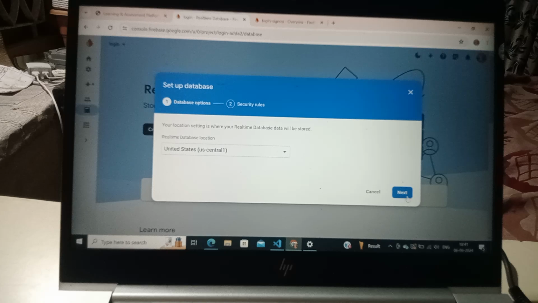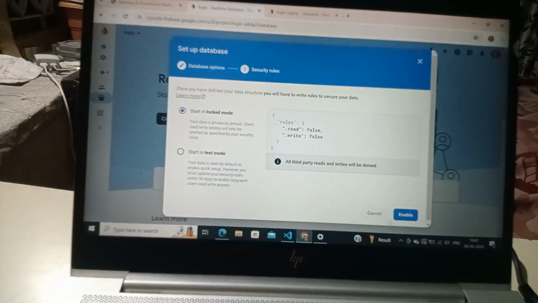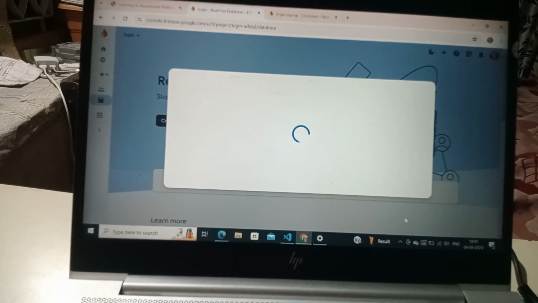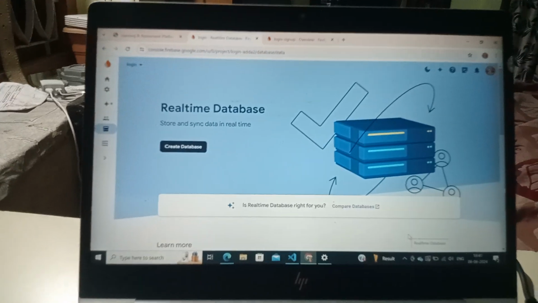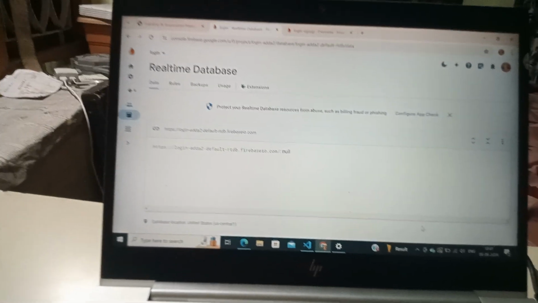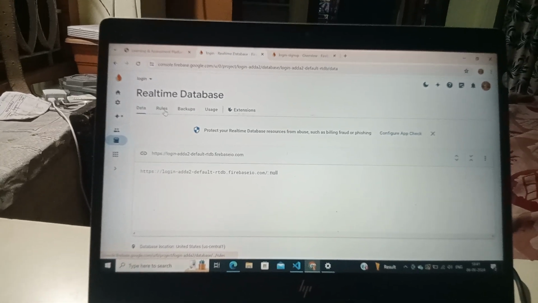It will create your database. Step 1, next. We will change it and click enable. In the real-time project, go to the rules section.